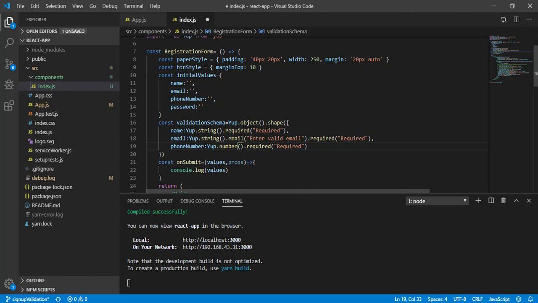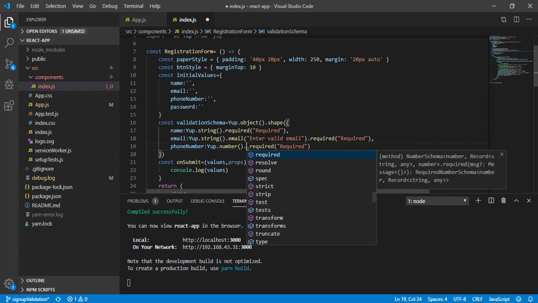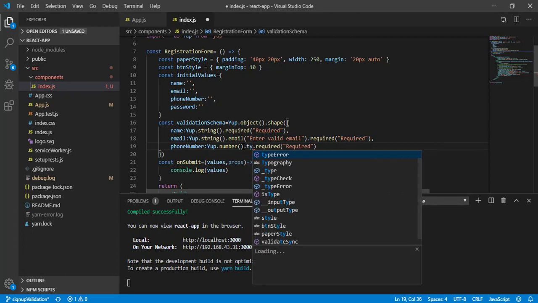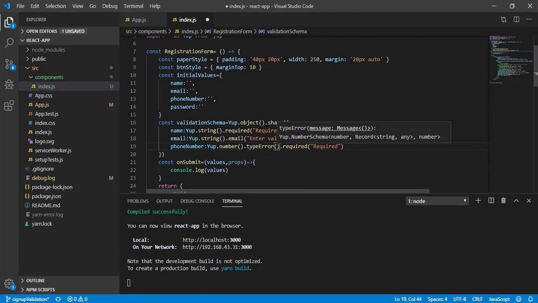If somebody is trying to enter any character there, it is going to give me a type error. And here I can define a message that needs to be shown on the form. So here I can say enter valid phone number.